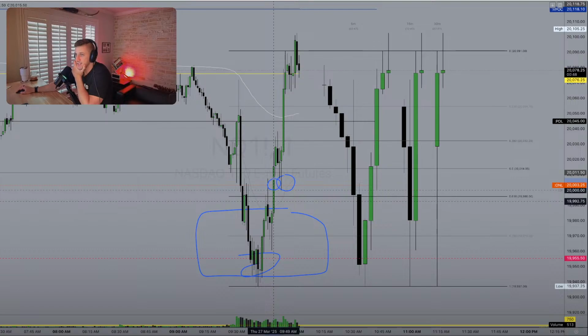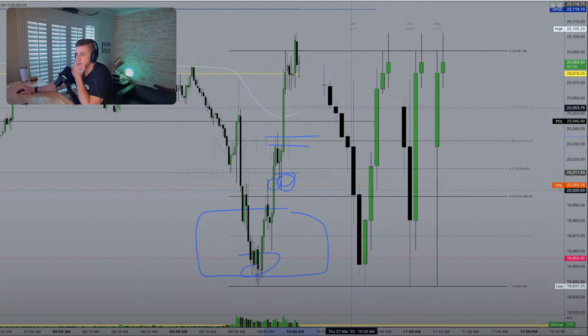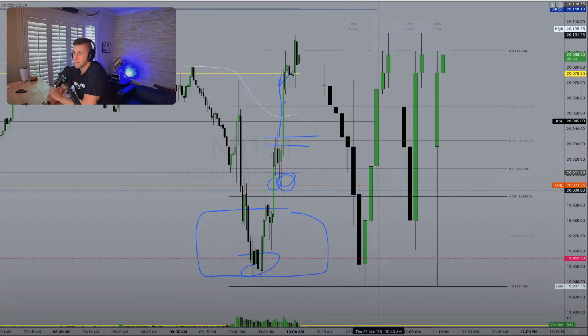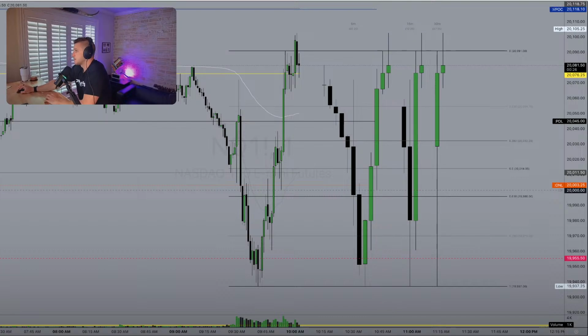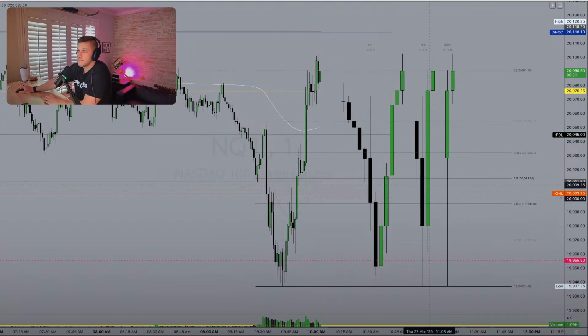Not really going to be a sustainable edge in a move like that, but you get the retest, and the retest is where it's at. That's the entry. Lock some into the structure, and then you get the big push there. Just try and continue to ride. Got trailed out. That's the idea breakdown on that one.